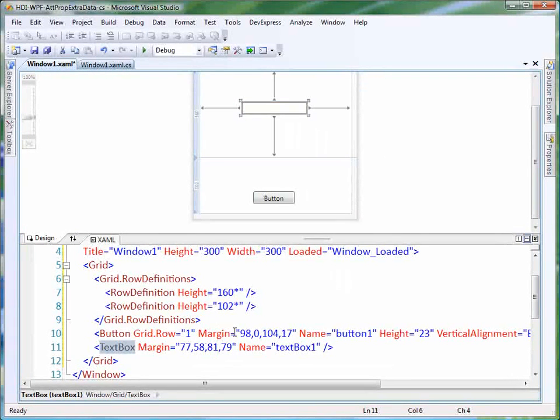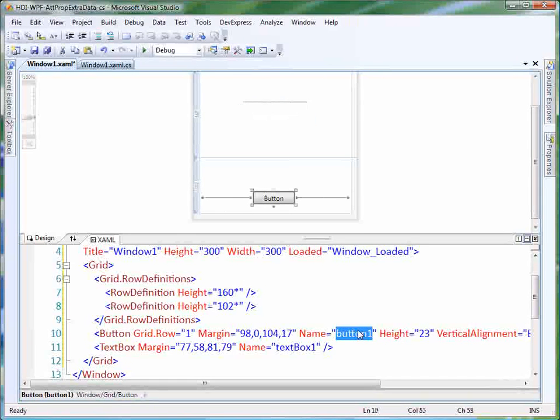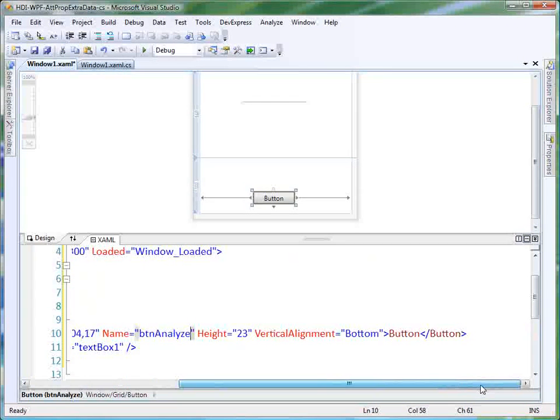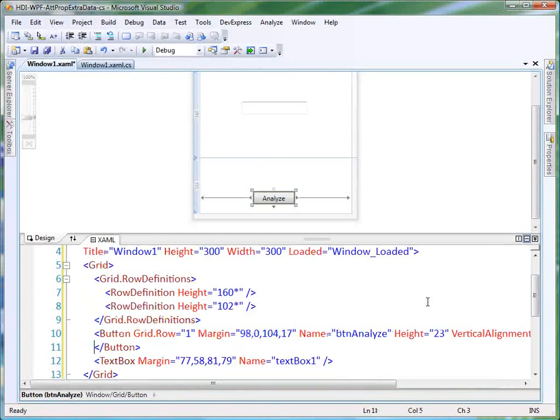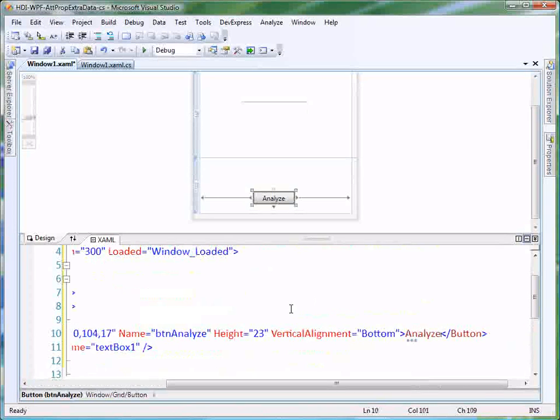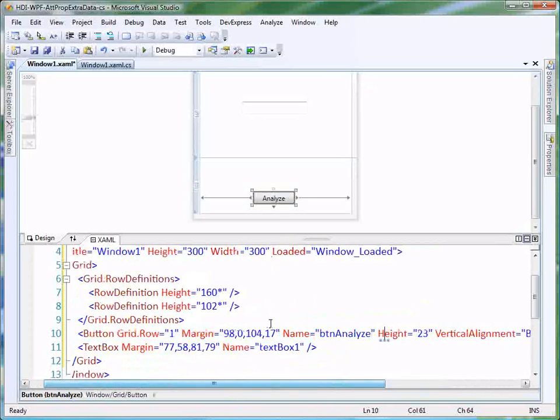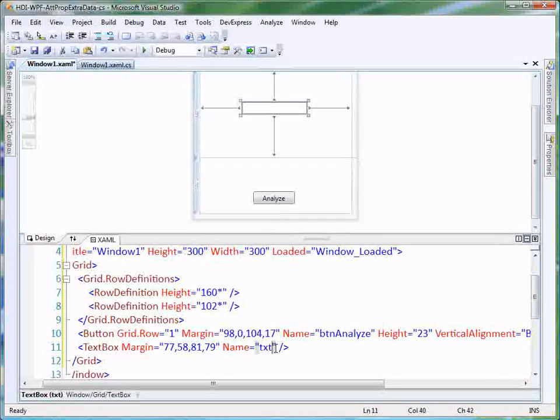Okay, so here's our button, and we're going to name this button Analyze, and we'll set its content to be Analyze. Might not be the best title for a button, but that'll be fine. All right, so obviously we'll rename our text box to TextAmount, and